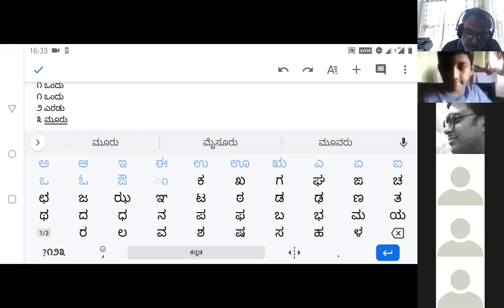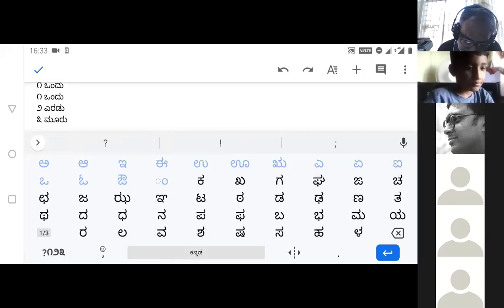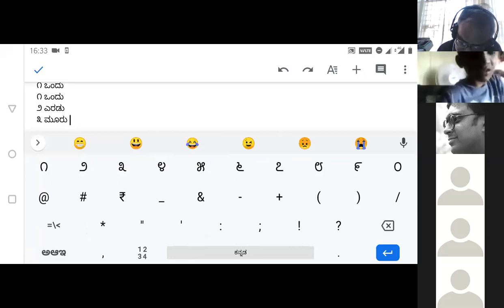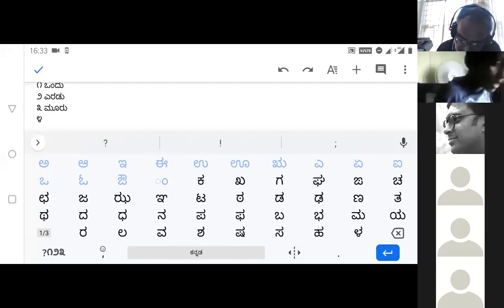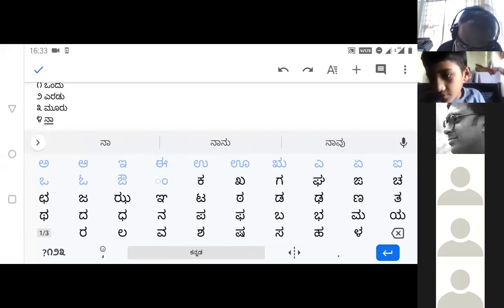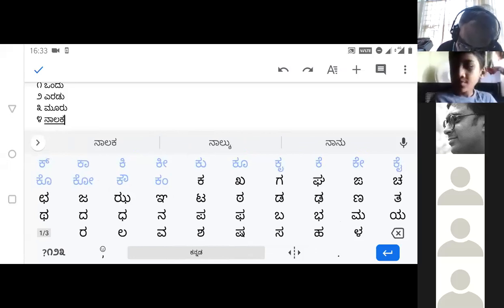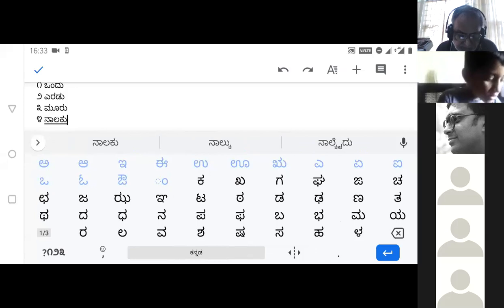Shall we also go for 4 and 5? Yes, sir. ನಾಲ್ಕು. Is it Nalaku or Nalku?